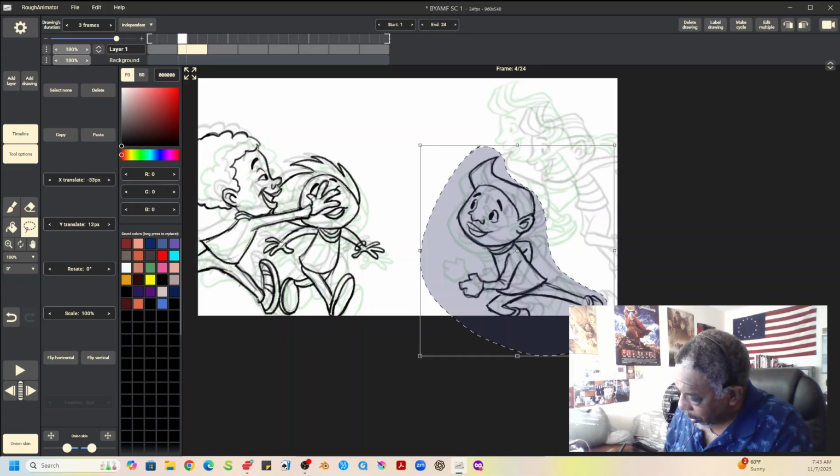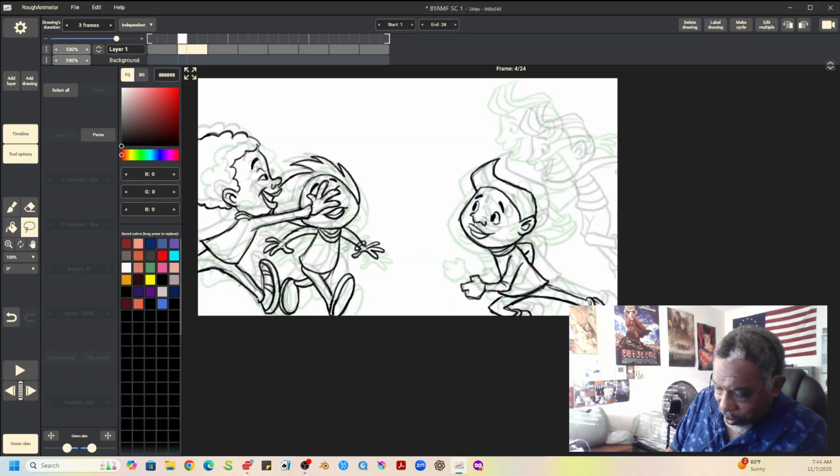I tend to make the head action on a character when I'm looking for the in-between. I tend to be a little bit more